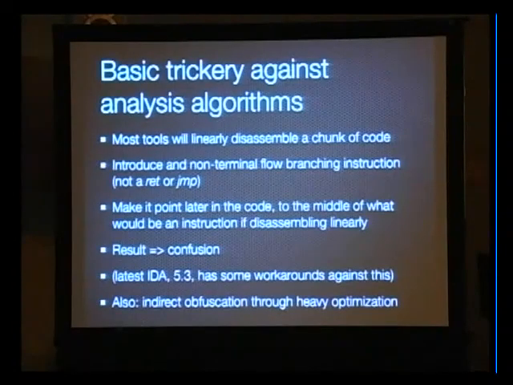There's lots of tricks that don't matter then. So now I'm going to move a little bit more into detail and explain some of the more interesting anti-analysis and obfuscation tricks. Most disassemblers will have some sort of logic to go through this assembly, obviously. So they will collect a set of entry